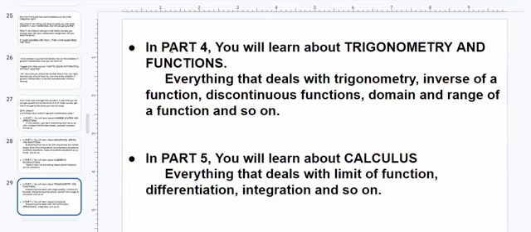You understand? Now in part five, which is actually a preview of what we just did now, you learn about calculus. When we started this video, I said calculus is divided into six. I make it so simple that I just put everything into three parts, then add some sub part into it. Those three parts are just limits of a function, differentiation, and integration. So that is what you'll be learning in part five. It is well loaded, okay. This is just a preview of what you're going to see in the course.